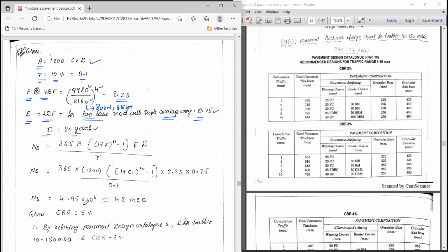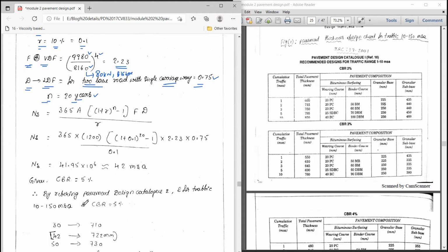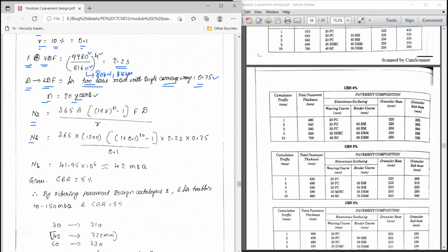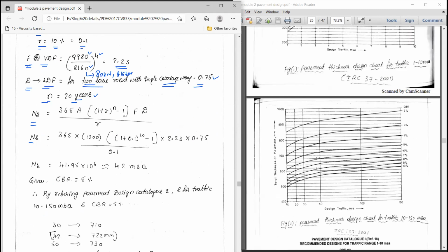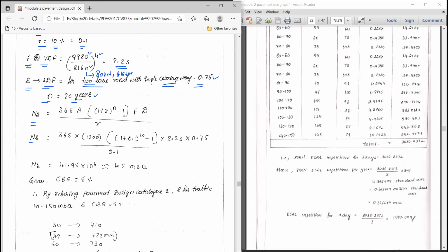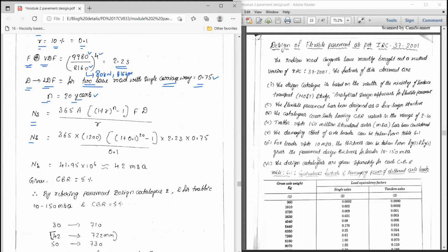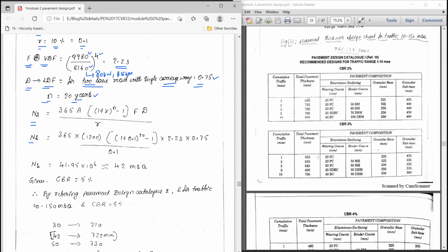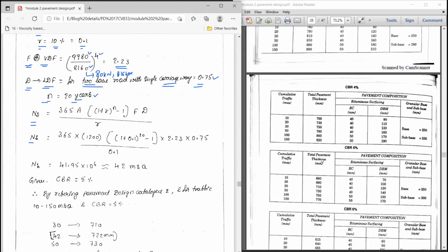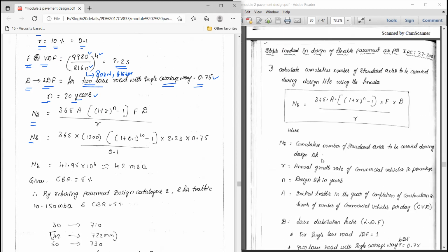Okay. Now, first we have to calculate the total amount of traffic using that road. That is, the n suffix s value you need to calculate. So that is calculated by using the formula. Here you can see there is a formula for that. You can see the right tab. I'm just trying to show that formula.